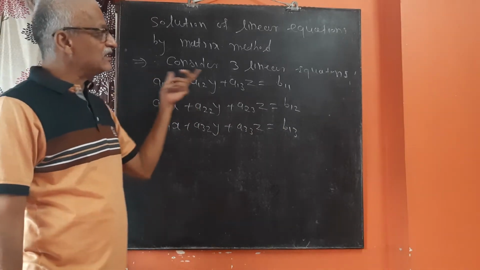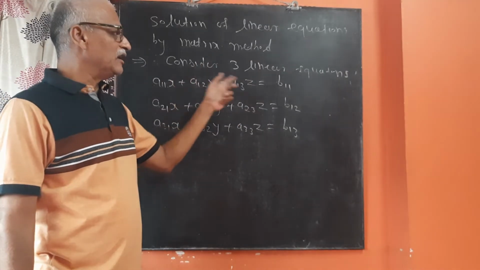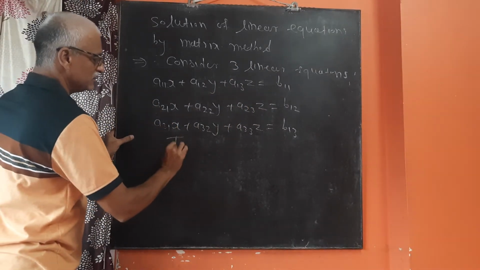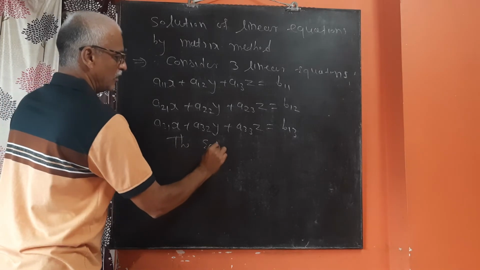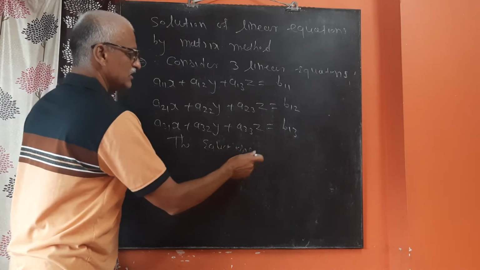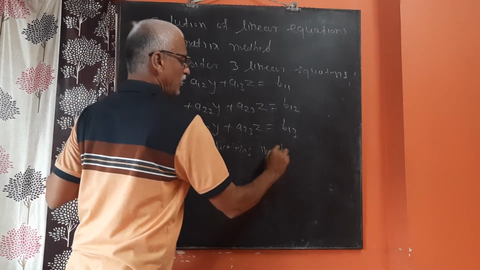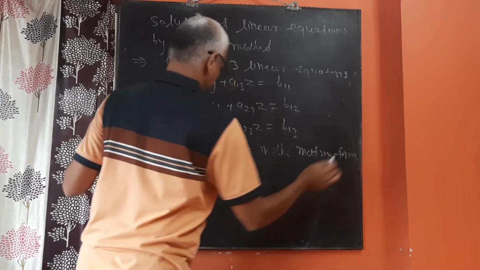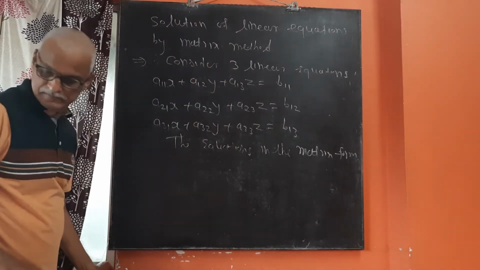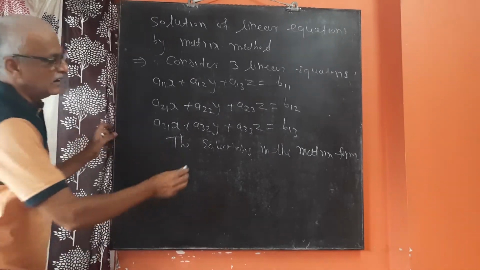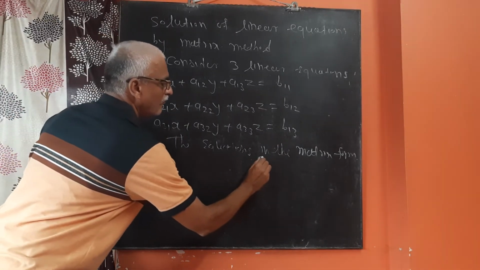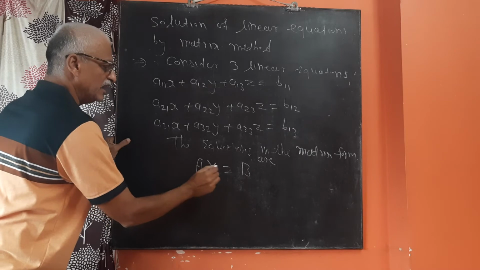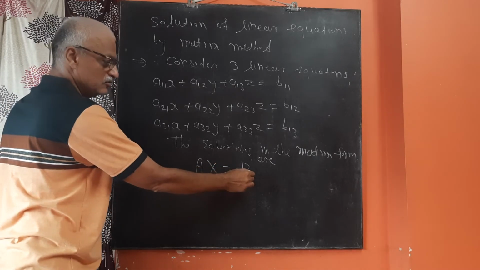We have to write down the three equations in the matrix form. The equations are right here. The equations in the matrix form are A into X is equal to B. The matrix A into matrix X is equal to B. That means